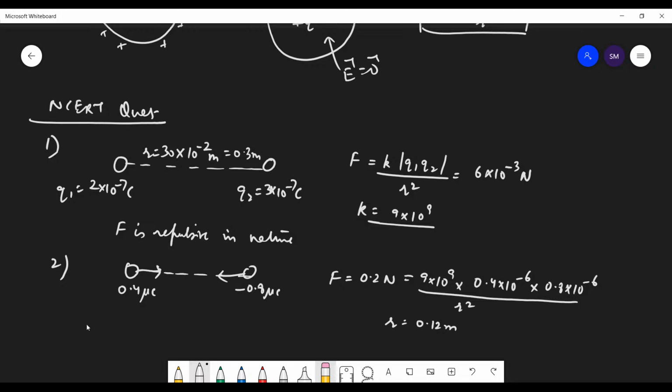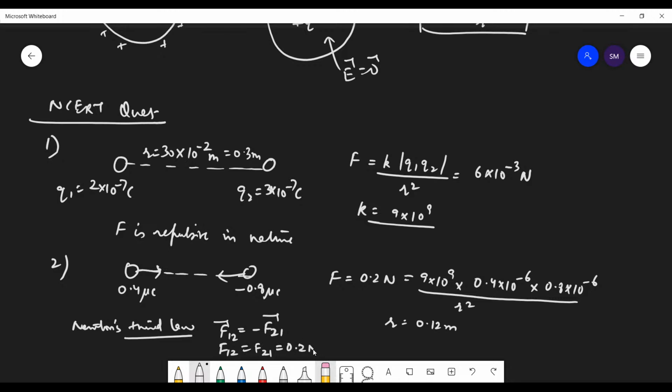So obviously, according to Newton's third law, F12 is equal to minus F21. So what is the force on the second due to the first? The forces are equal and opposite. That is what Newton's third law is. So obviously their magnitudes are equal. So F12 is equal to F21, which is equal to